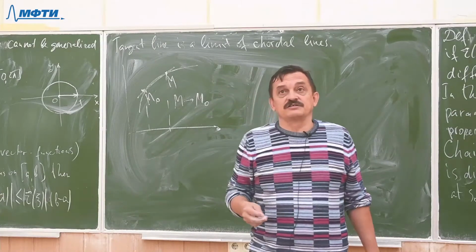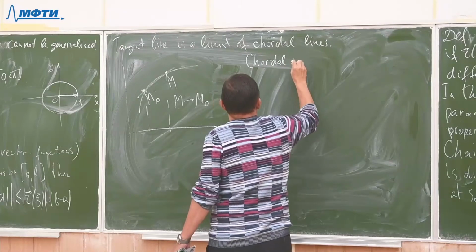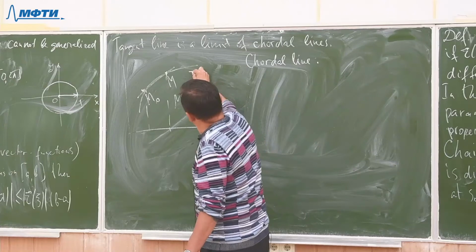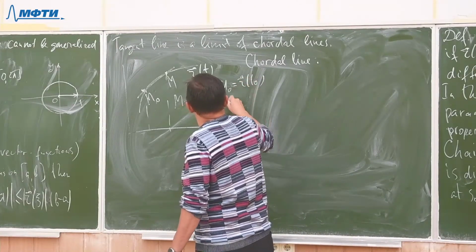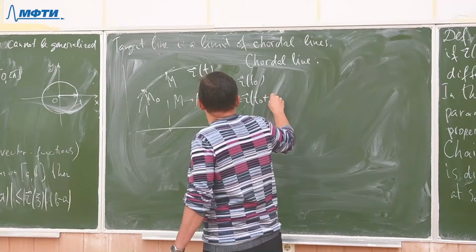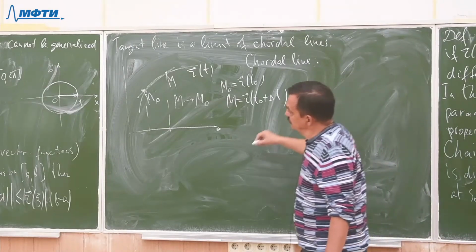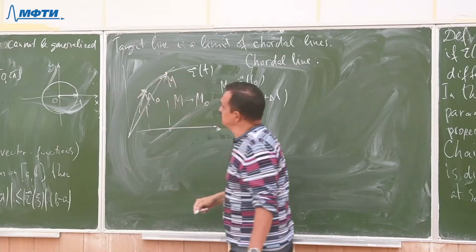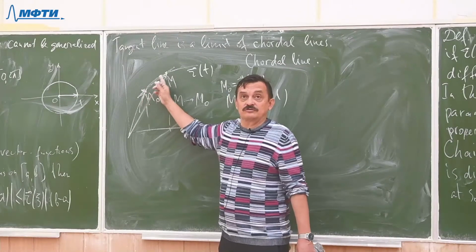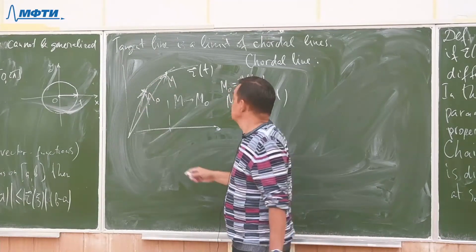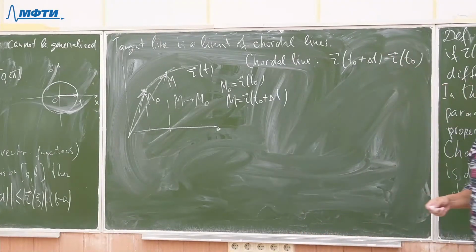And once again, what is the tangent line then? Okay, what is the chordal line? Let's say this is the graph of r of t, right? M naught is r of t naught. M is r of t naught plus delta t, right? Then the chordal line, look, what is the chordal line? The direction of this chordal line is determined by the vector m naught m, right? And this vector is the difference of two vectors. So the direction of the chordal line is determined by this